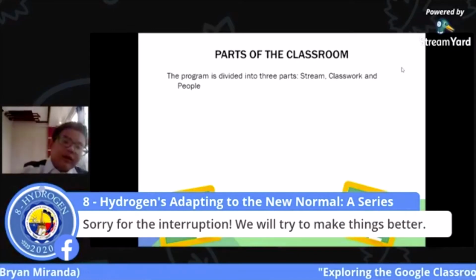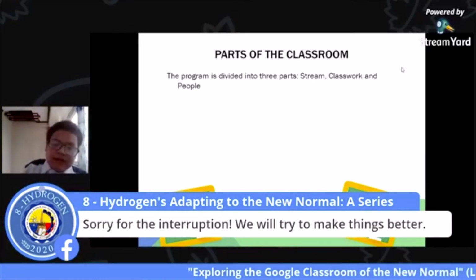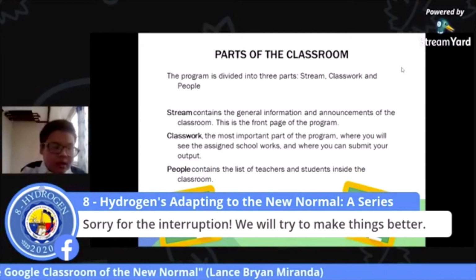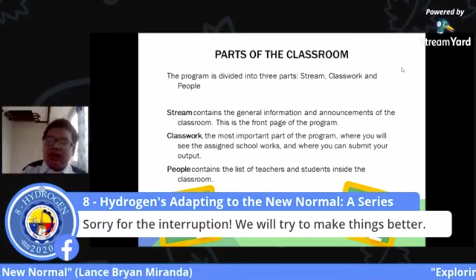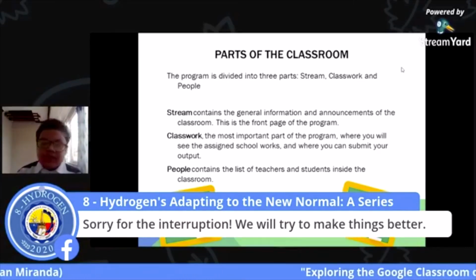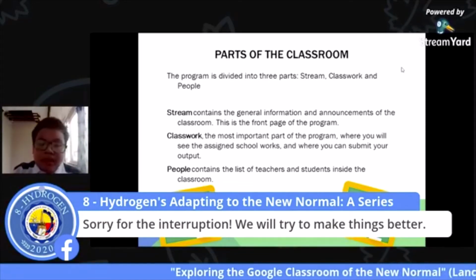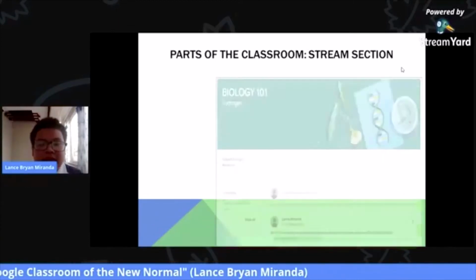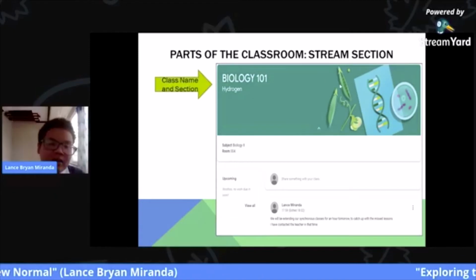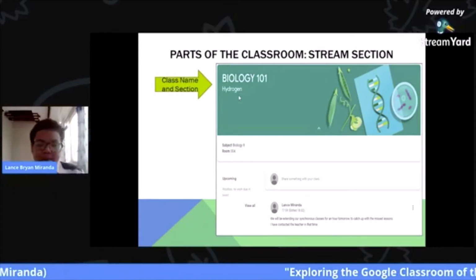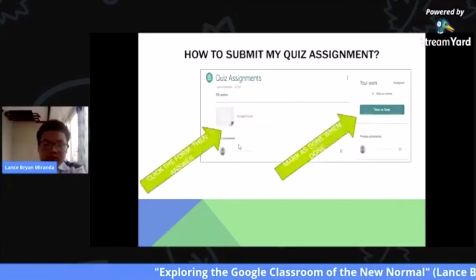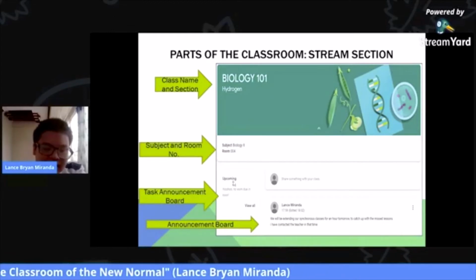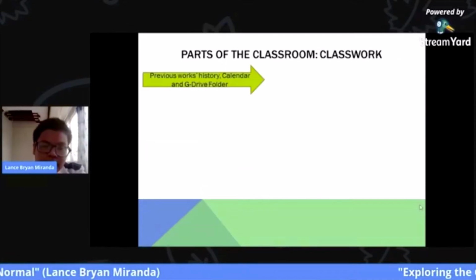So the classroom is divided into 3 parts: stream, classwork, and people. Stream contains the general information. Classwork contains the organized assignments of schoolworks and how you will submit them. And people contains the list of teachers and students inside the classroom. In the stream section, you will find the class name and section, the subject,